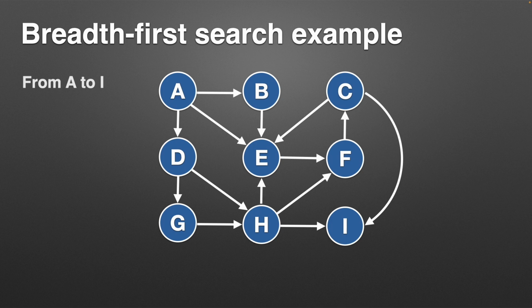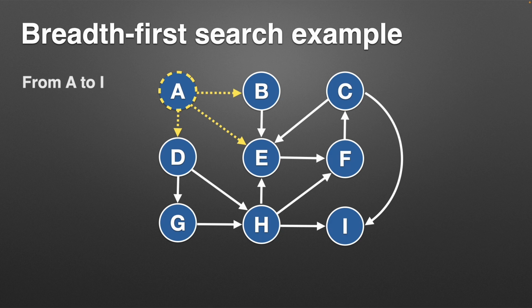So with the same directed graph that we used earlier, let's do a path from A to I in this case. So we're going to start at A, and we'll start to look at our neighbors. In this case, we've got B, we've got D, and we've got E. And so I'm just coloring these lines to indicate that we're aware of these, so they're in our queue at this point, if we're thinking about it that way. So we've scoped all of those out.